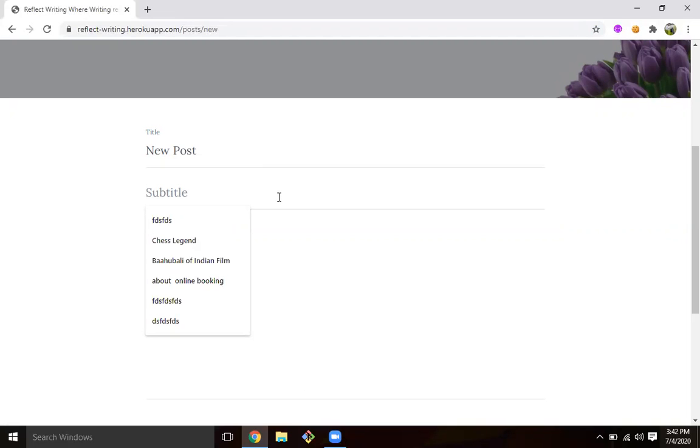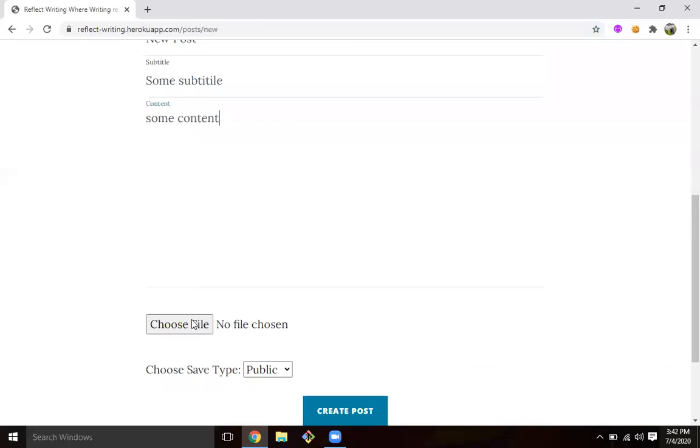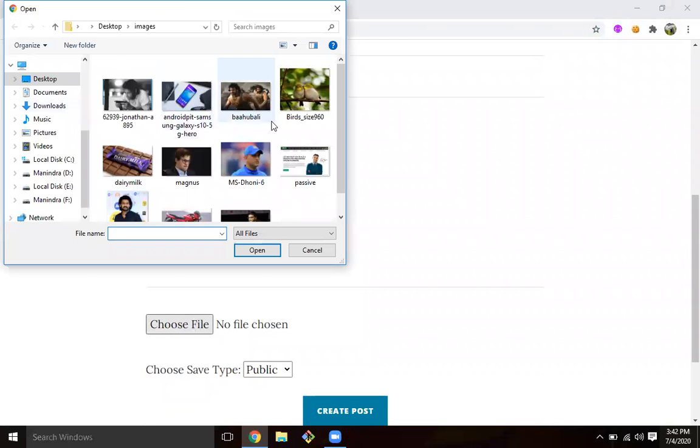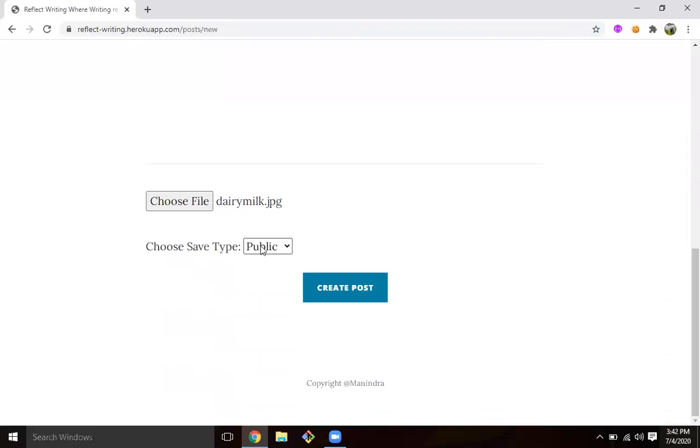I think the spelling of subtitle is wrong, but not a problem. Some content. I have to choose one file to upload. I will upload this chocolate image and choose save type. There is an option of public and private. First of all, I will choose public and click create post.